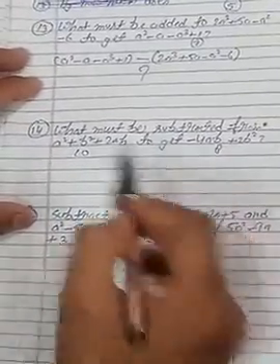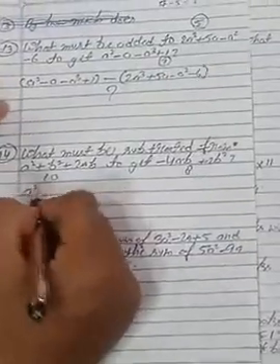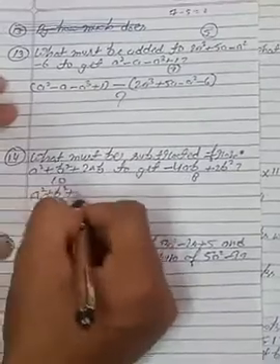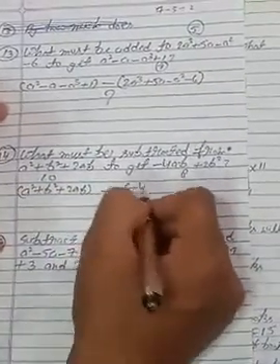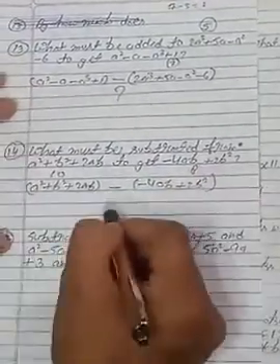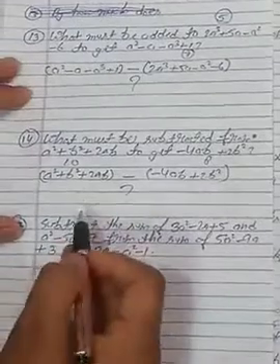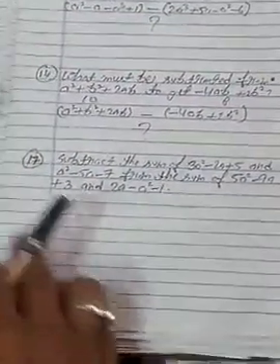How are we getting 2? 10 minus 8. It means this expression minus this expression. So (a square plus b square plus 2ab) inside the bracket minus (4ab plus 2b square) bracket close. So after this, students, you will solve it yourself, then comment the answer in the comment box. Next, 17th sum.